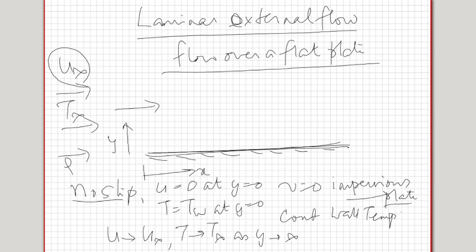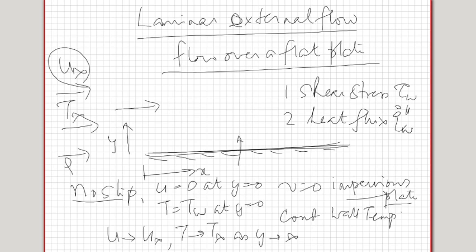The second question that we need to answer is, if there is a temperature difference between T wall and T infinity, what is the heat flux? That is, the heat transfer per unit area of the surface. So one is shear stress, which we call tau wall, which is basically caused by the velocity gradient at the boundary. And two is the heat flux, which we will call q dot double prime at wall.